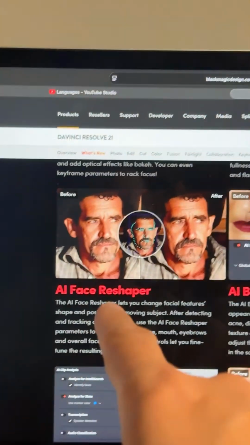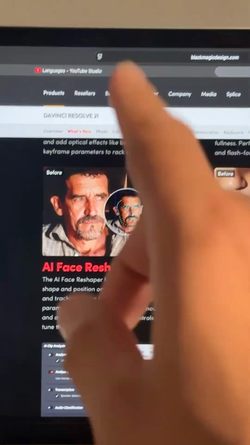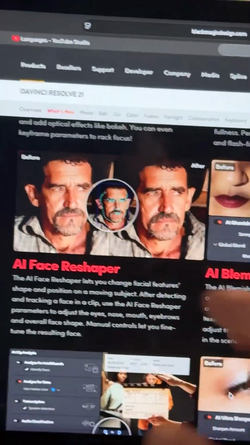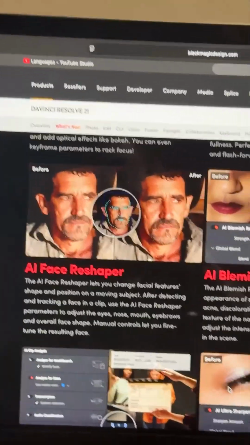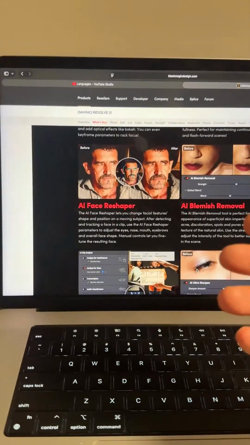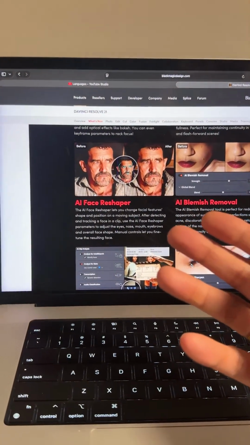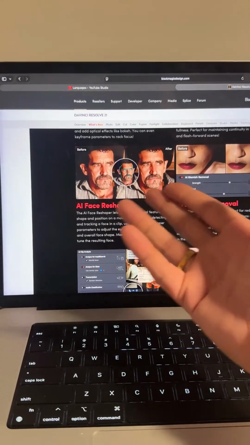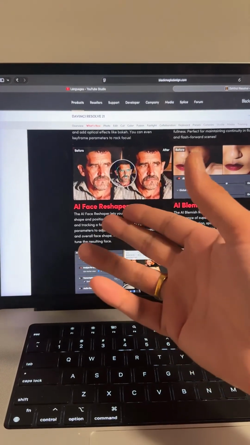And another one is also related to your face and skin, which is AI blemish removal. Let me show you. Flip that camera, because now you've been seeing my face a lot. So this was the AI face reshaper, which will first detect your facial features, and based on that you can fix things.